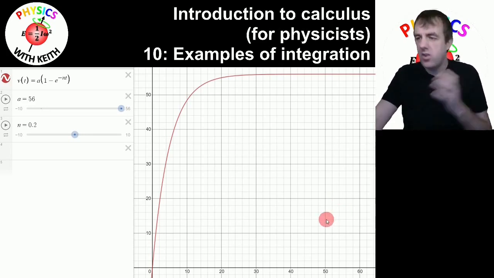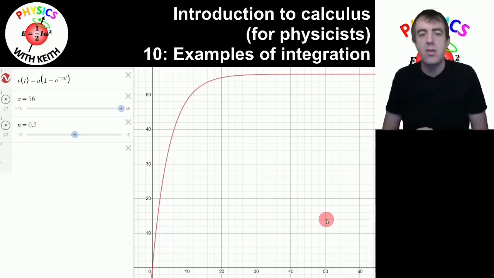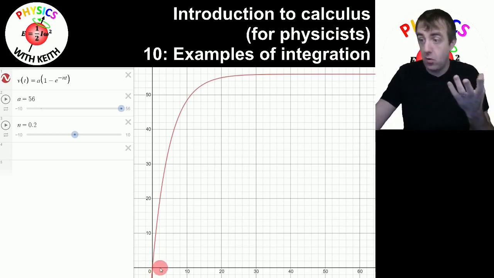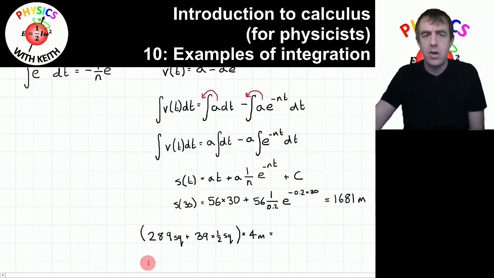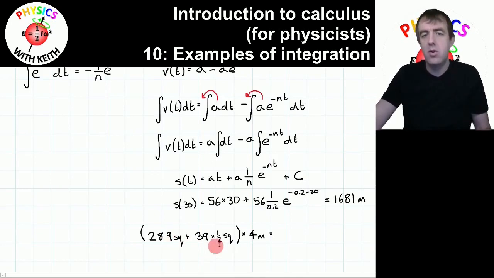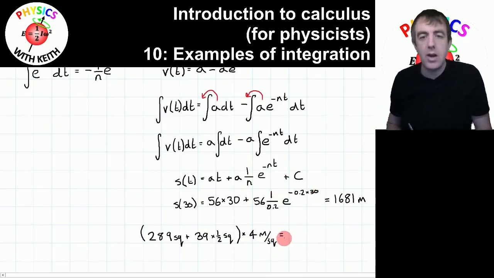Now I decided to double check using that quick rule of thumb where we can count the squares. That's the way we would integrate in A-level physics. Each square here has a displacement of 2 meters per second multiplied by 2 seconds, so that's 4 meters. So I counted up the squares under the line, well, between the line and the x-axis, up to 30 seconds. And I got 289 whole squares and 39 part squares. And remember, we're going to count each part square as a half square. When you add all this together, multiplied by how far each square is, I should write meters per square, shouldn't I? That's better. I get